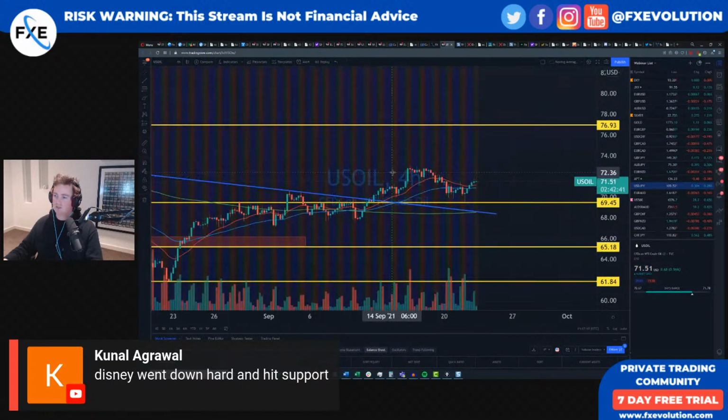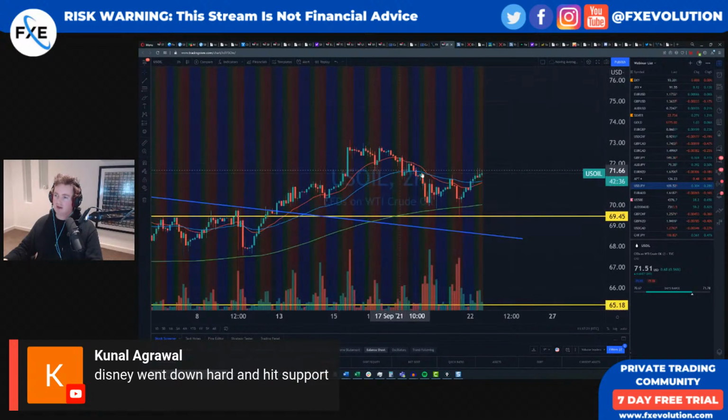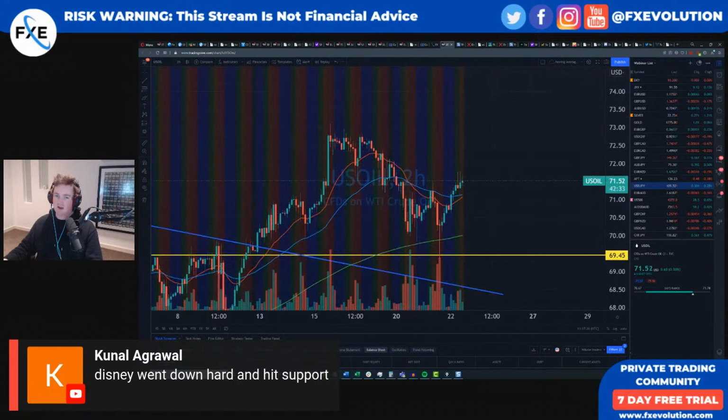Let's go down the smaller time frames. 4 hour, great rejection, closed above all these points. Let's go take a look at a 2 hour. Again, fantastic so far. Good structural zones. And you know what I love about this is that you've got a rejection candle, a rejection candle. What happens if we close above this, guys? We take out the stop losses for all those shorters, and we can really push towards right there, which is around the price of 72.80. So that would be fantastic if we push that level. Look at that. Fantastic. Thank you as well to the almost 90 people that we've got joining us here.